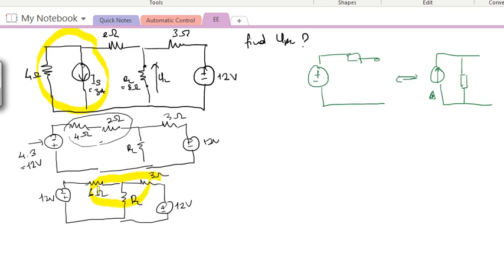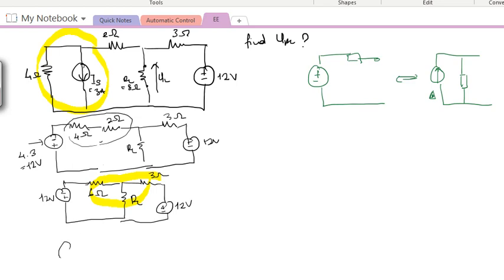So if I want to put them in parallel with each other, what I can do is, for example, let's take this 6 ohm. I can put it in parallel with a power supply, but this power supply has to be transformed back into a current supply. The same case here for this 3 ohm: I want to put it in parallel with RL in this direction. What I have to do is transform this voltage supply also into current form. So let's do that together.